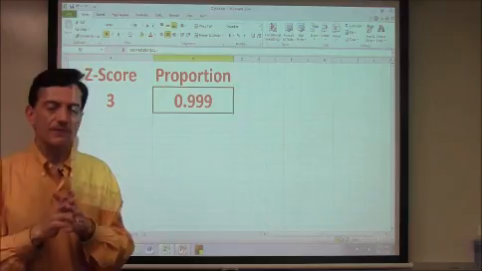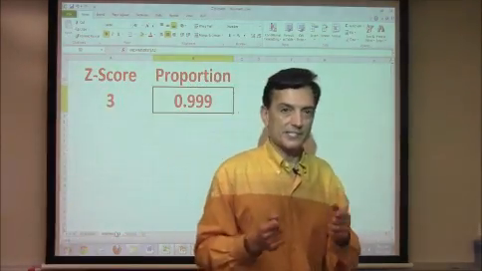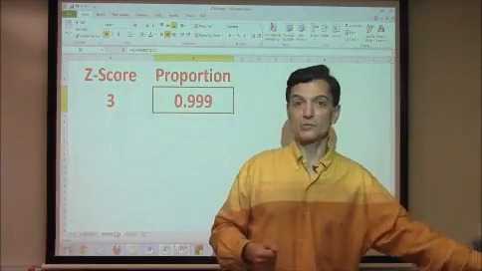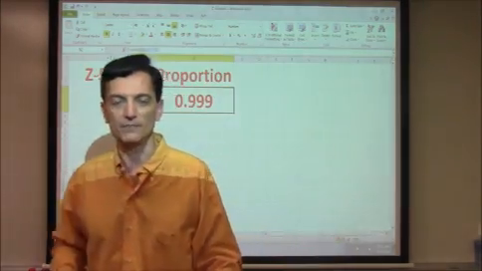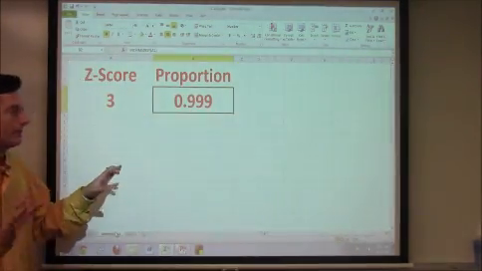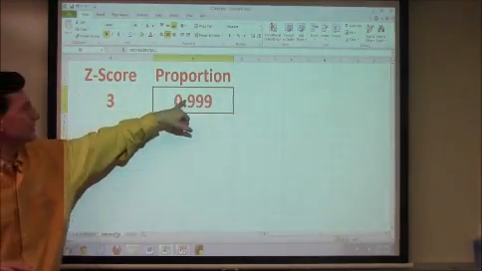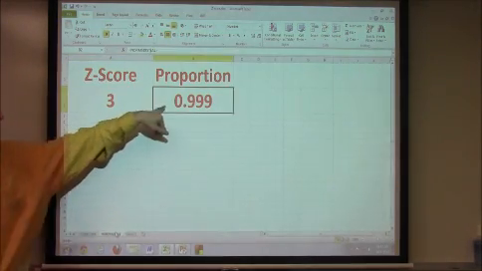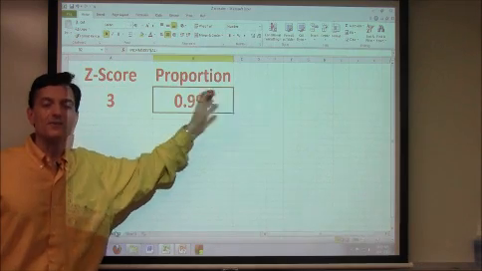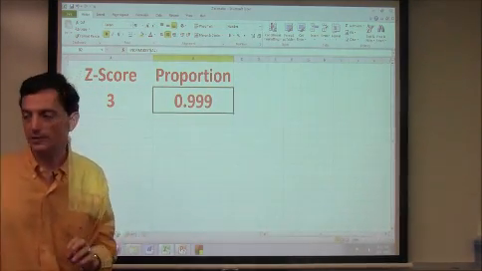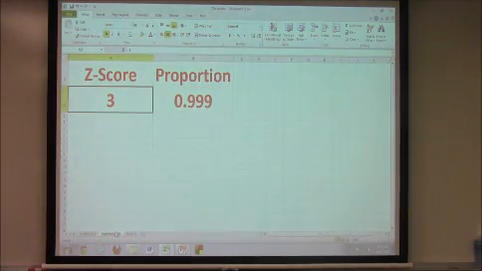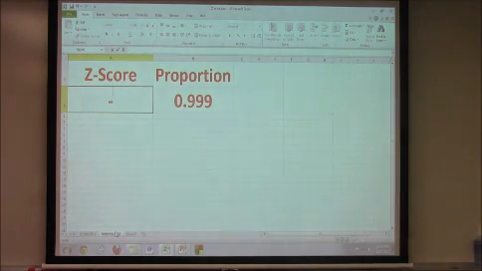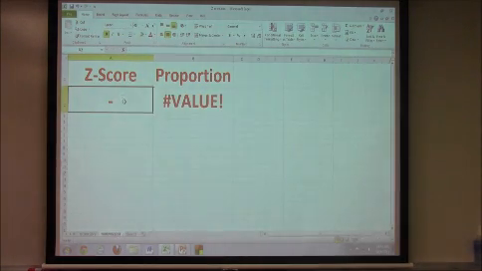We can now think of the same for z-scores. We can stick in a proportion and get out a z-score in the norms in function, or we can do it the other way around. We can do it backwards. We can stick in a z-score and come out with a proportion. So here, if my z-score is positive 3, my proportion is 0.999, which is to say the percentile rank is 0.999. And if I do a minus 3,